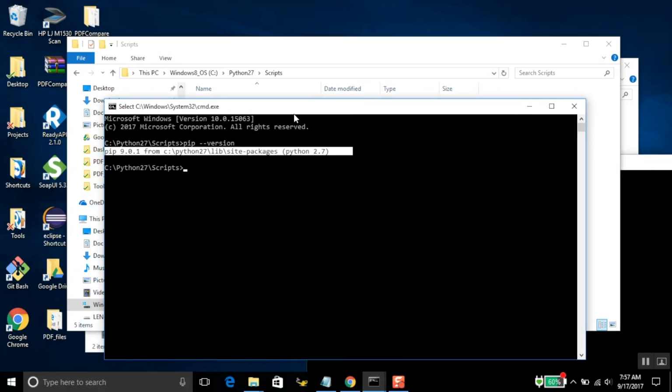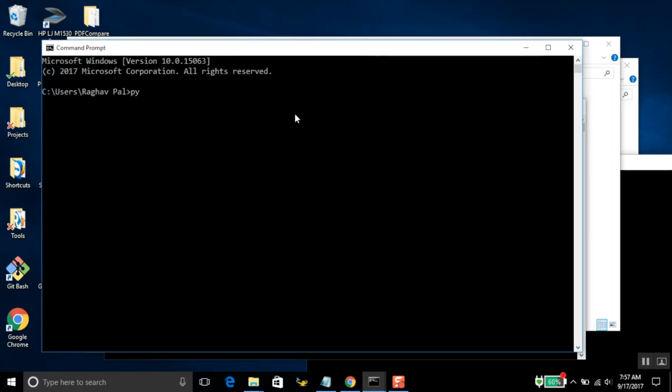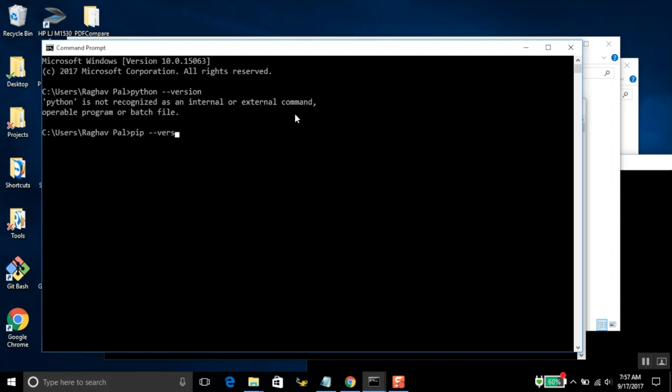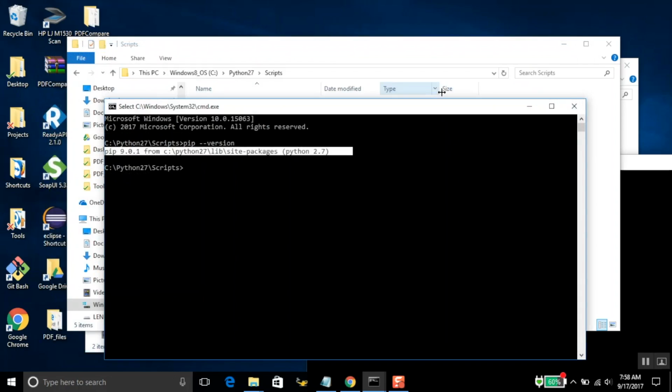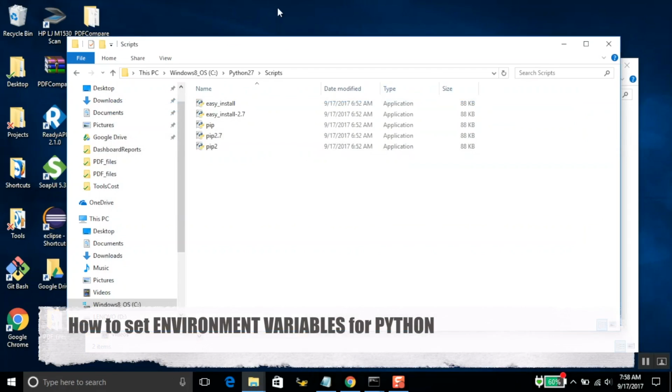But you can see, if I go to a normal command prompt and go to any other location, if I say Python space hyphen hyphen version, or I say pip space hyphen hyphen version, I am not getting the Python version or the pip version which is installed. So for that, what I will have to do is I will have to set the environment variables. So let me exit from here and exit from here, and on